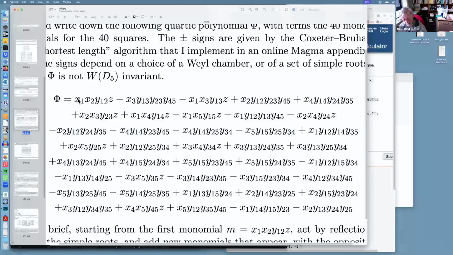Yeah? And this one has plus or minus terms. And I can explain that. I'll explain next week a little bit how that works. This is called the